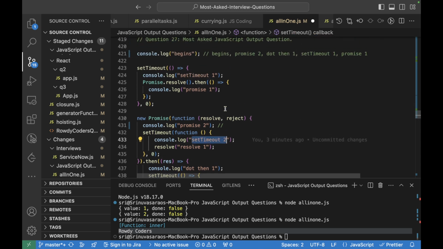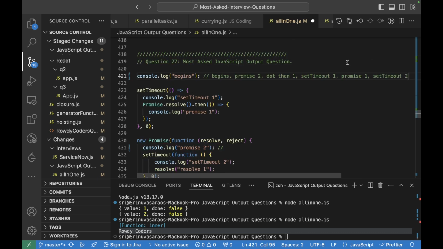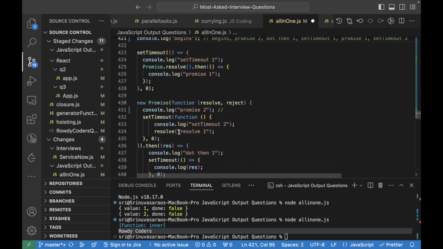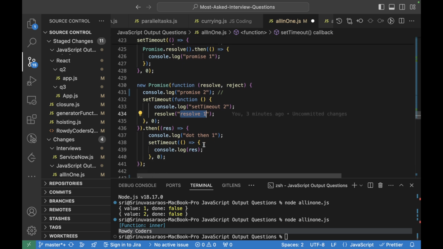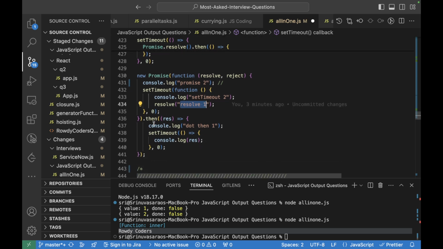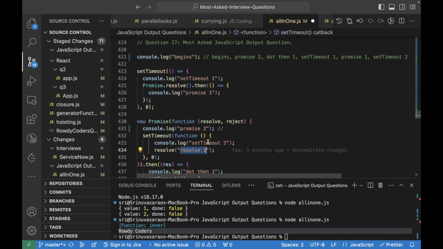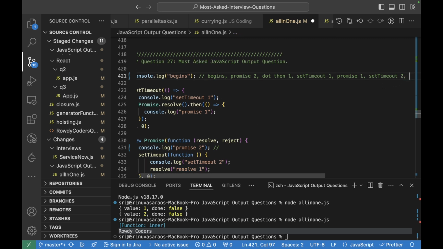Then this particular resolve will be resolved, and this resolve will be pushed to this result, and this is already logged. So now this setTimeout will be logged with this resolve value here, right? So this resolve will be the last one.